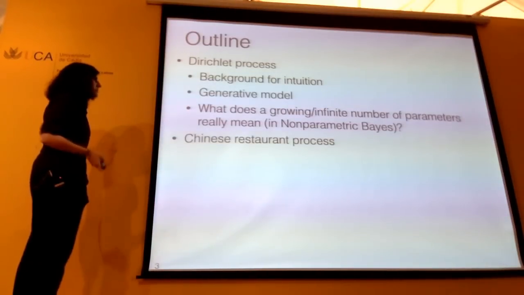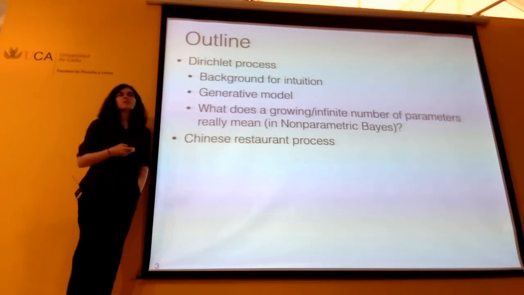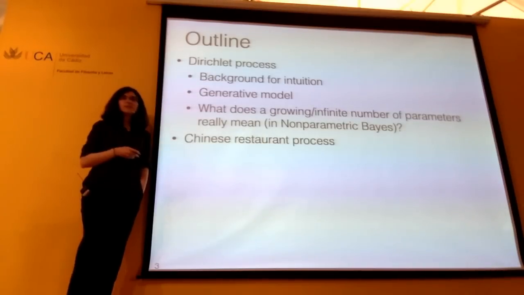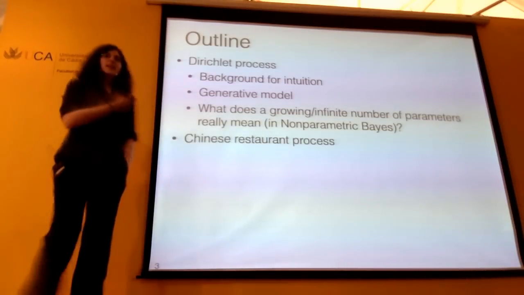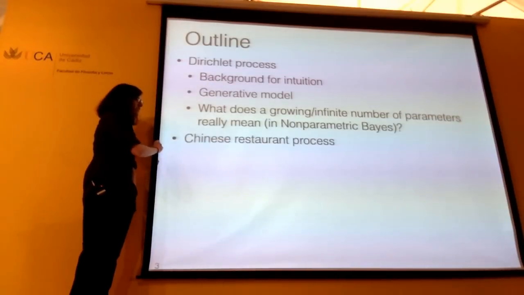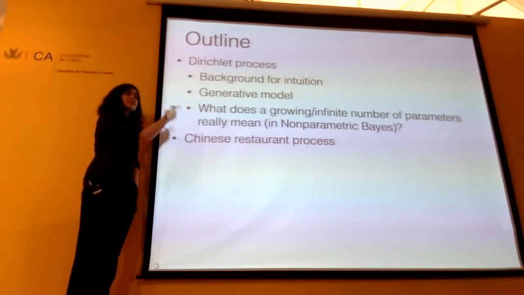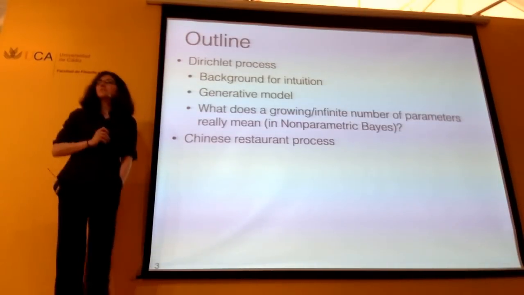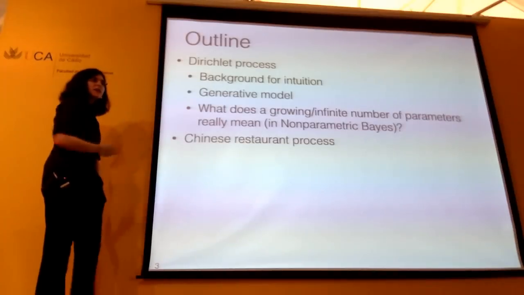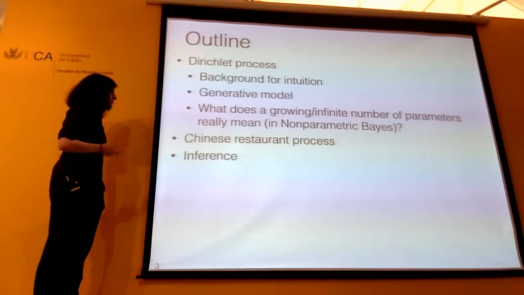You'll often find that people say something like, the Chinese restaurant process. That's basically the Dirichlet process, but not really. At the end of this lecture, or maybe the next lecture, you'll have a sense of what that means as well. How is the Chinese restaurant process the same as the Dirichlet process, and how is it actually different? And why do we care? And why do we even want these two different processes?